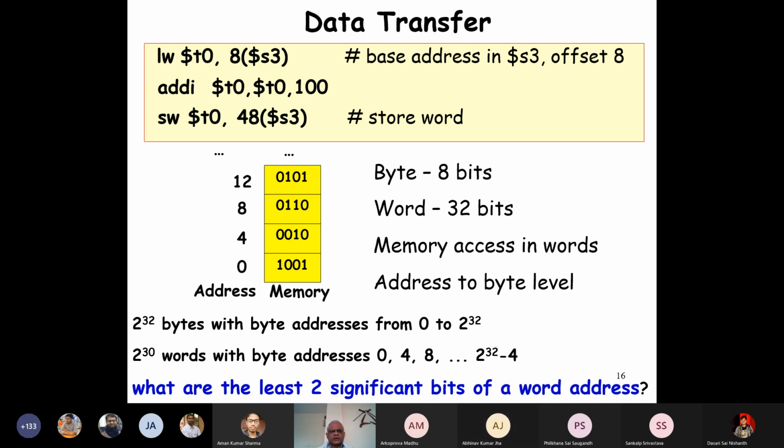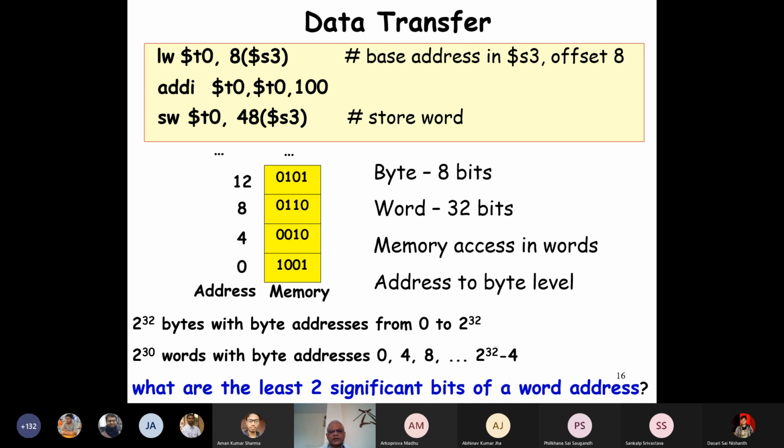Excuse me, sir. Yes, please. Sir, what is S3 doing here? So S3 is the base address of the array. Let's say we want to have a base address and from there we add 0, 4, 8, 12, etc. This is the displacement mode.